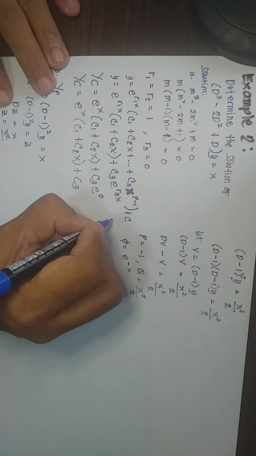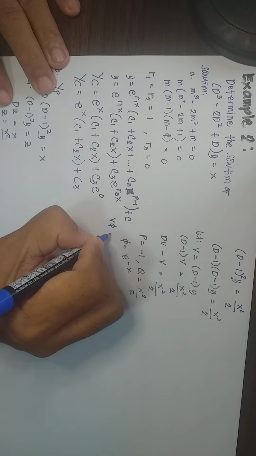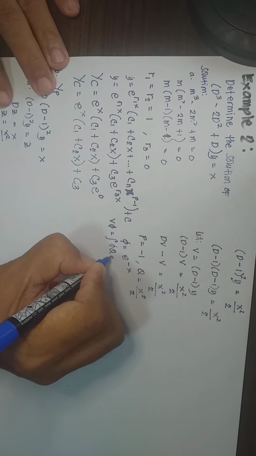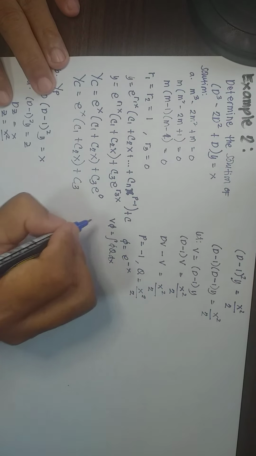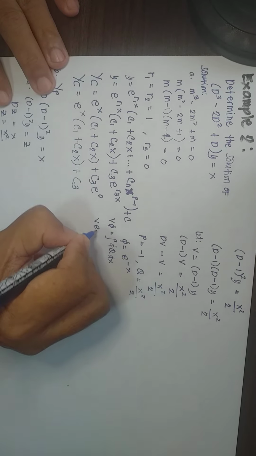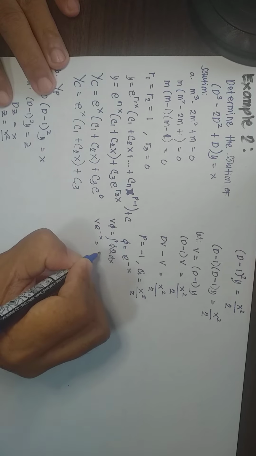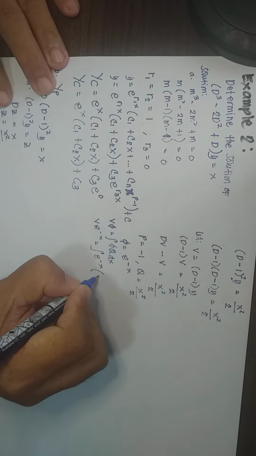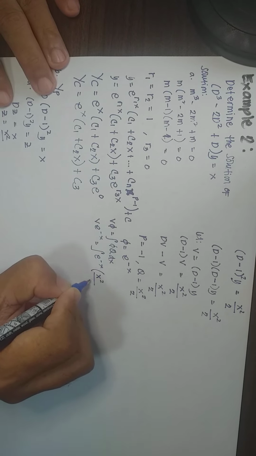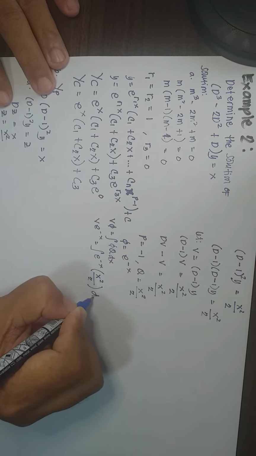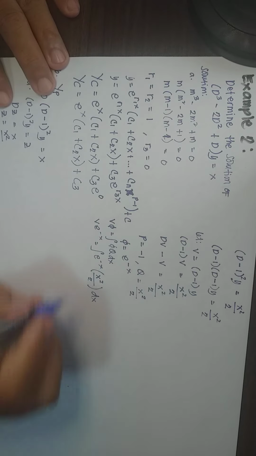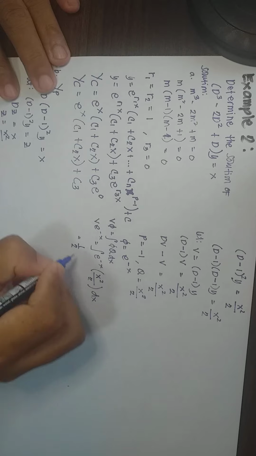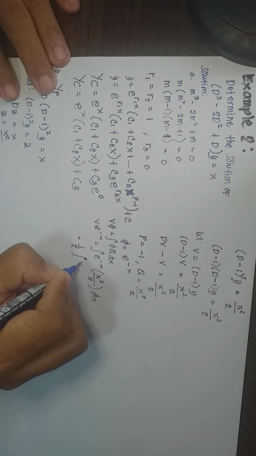Again, the solution is v times the integrating factor equals the integral of the integrating factor times Q dx. So v e to the negative x is equal to the integral of e to the negative x times x squared over 2 dx. So we can write this as 1/2 the integral of x squared